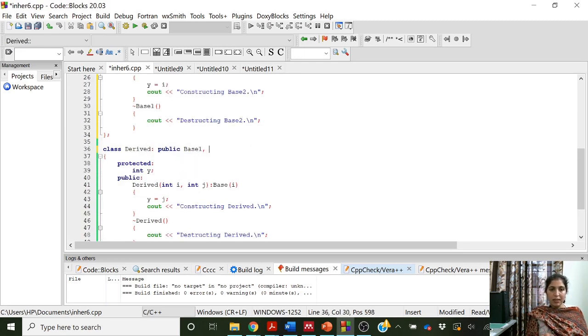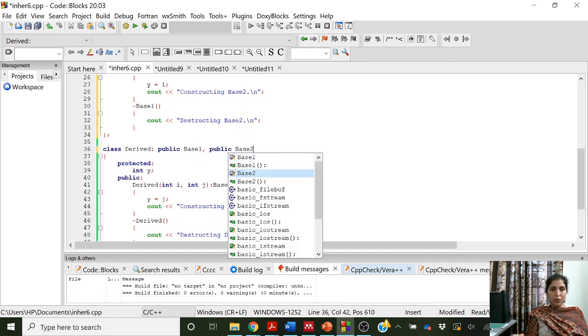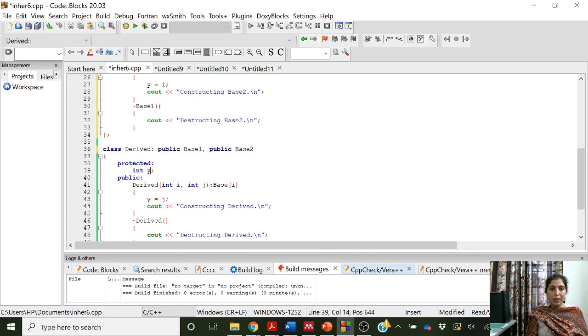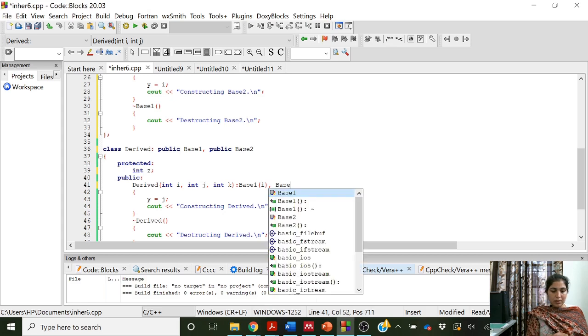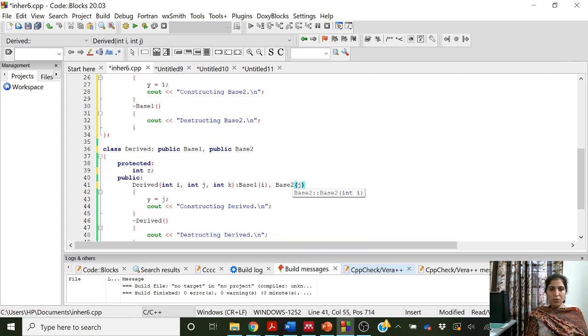Now it is using multiple inheritance, public base 1 and public base 2. Okay, and protected member z is here, and here the derived class constructor will now have three formal parameters I, j and k, where I will be passed to base 1, j will be passed to base 2 and k will be used to initialize z.